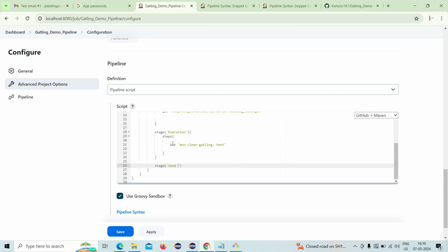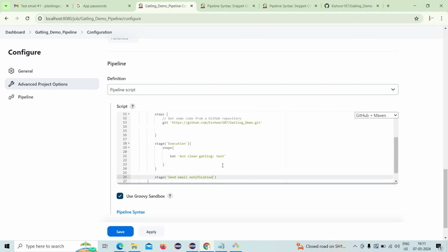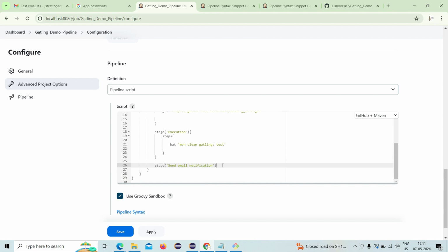Send email notification. First, there are three stages here. One is a build stage where it sets up everything, next is an execution stage, and after the execution, post execution, it triggers an email notification. Okay, so these are the three things we are doing here. In this particular video or content,